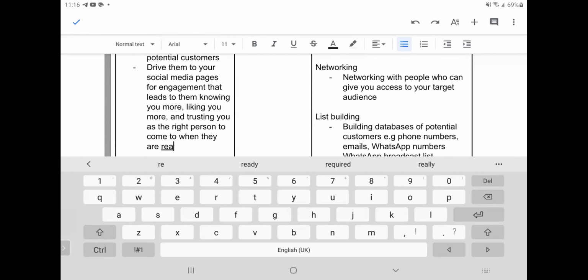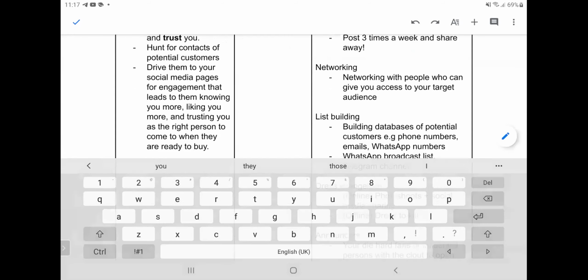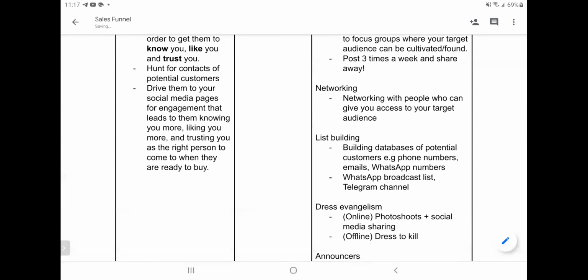When they are ready to buy. Yes. So these are the purposes for you,